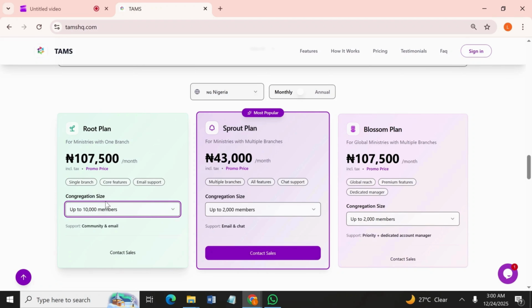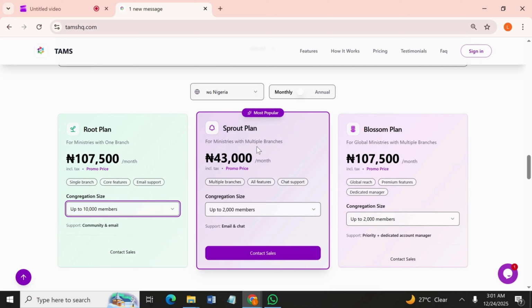Okay, so if you belong to a church that has multiple branches, you're a pastor, you have a ministry, and you want to be able to coordinate activities across different countries, it's easy. You can use the Sprout plan. With the Sprout plan, you have access to information across those different churches.